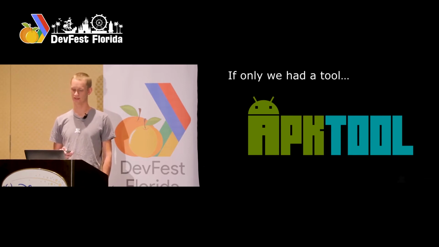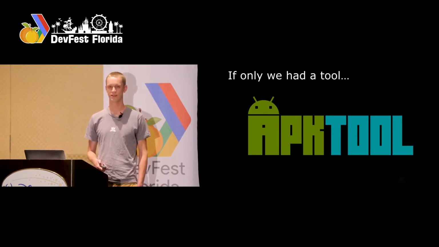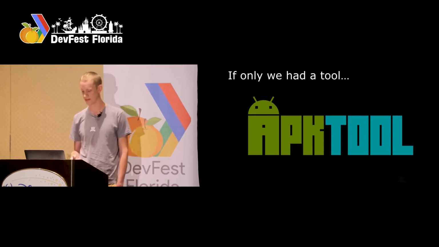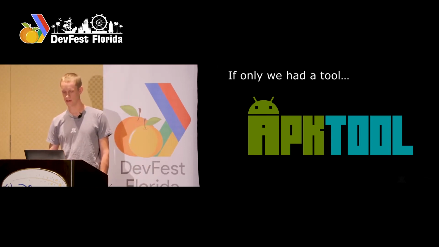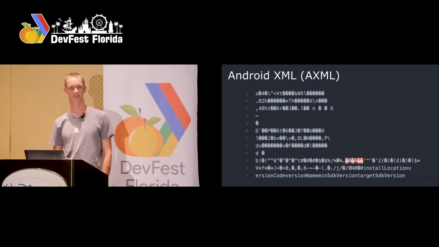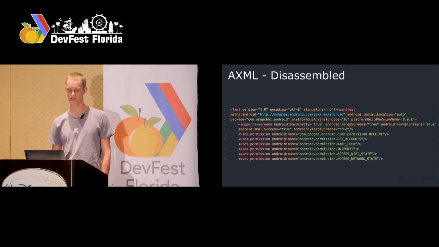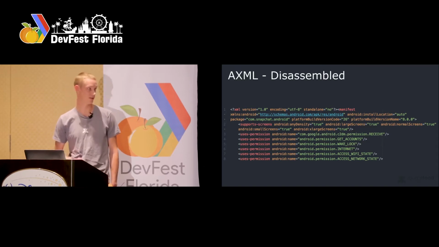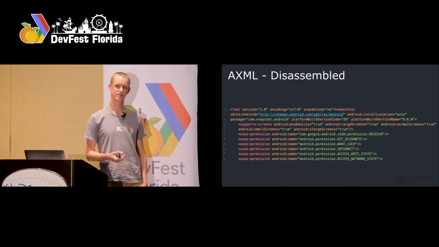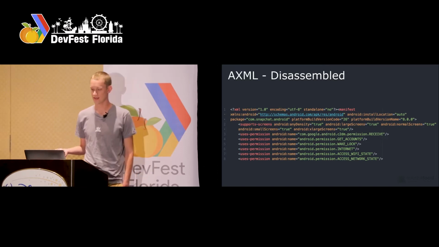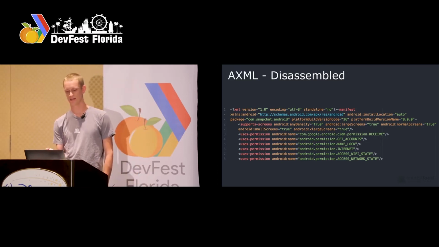I think I put some stickers around. Is APK tool. So what APK tool does is it's going to disassemble the application. Take that, what we just looked at prior here, if I back up, where it's going to take this serialized XML and unserialize it back to a human readable form. So we're going to go from that to this. And you can see immediately we know what we're looking at. Now, I didn't make Snapchat, so